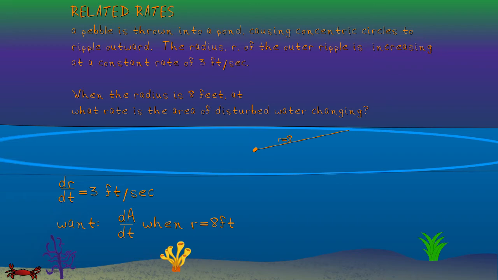And so all we have to do here is differentiate the area equation and then try to plug in what we know. So if we look at it from overhead, this is what's happening. The rock hits, we have these circles radiating outward, and basically we stop time when that outer circle is equal to 8 feet. And at that specific point, that's when we want to know what's happening with the rate of